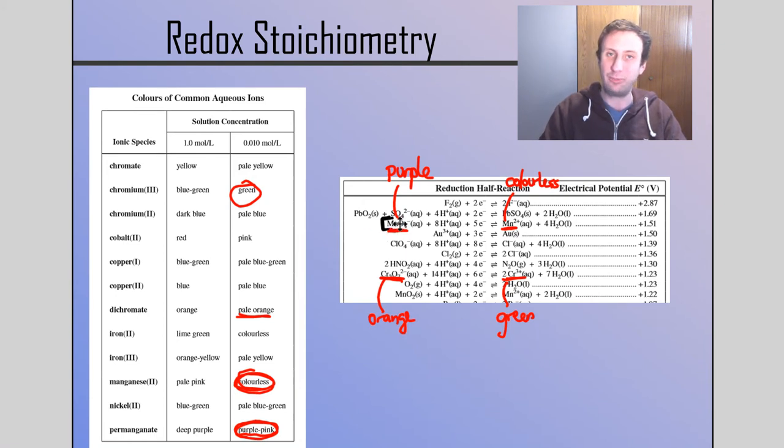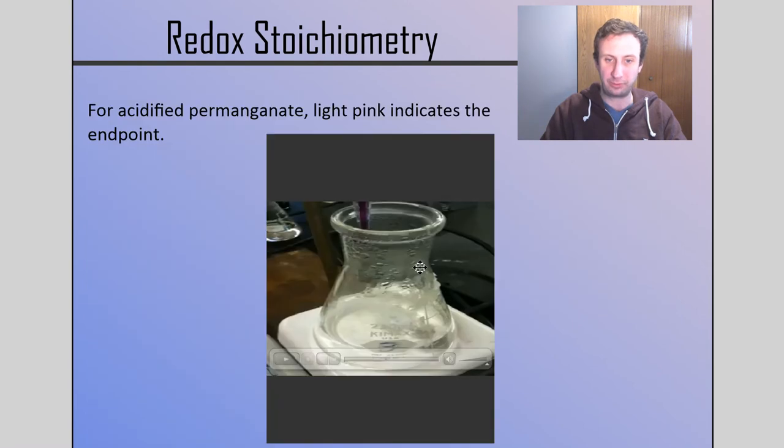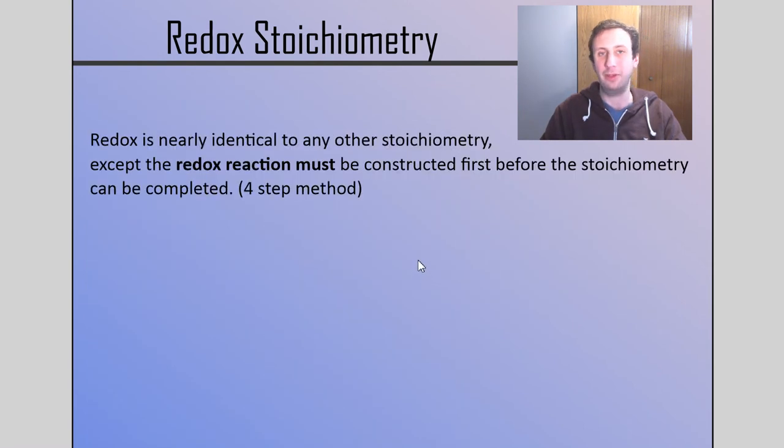So that's the end point, is when I have a little bit of purple actually remaining when it adds, because I don't have anything for it to react with. In the same way for dichromate, it would turn green instead of clear as it goes in. And then as soon as I get just a tiny bit of orange, meaning that I have unreacted dichromate, that would be your end point. So that's what you're looking for, is the point where you have a little bit of unreacted titrant that adds